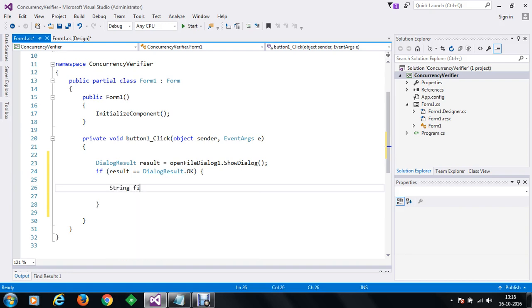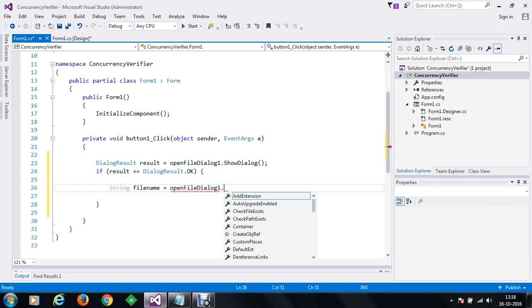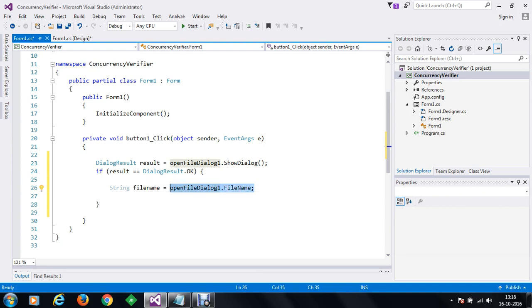So we are going to select the value from the open file dialog and store that into a file name. We'll select openFileDialog1, and there is an attribute here known as FileName which will store the value of the file selected. Whatever value is received here, we are going to store inside fileName. The fileName is of string type.